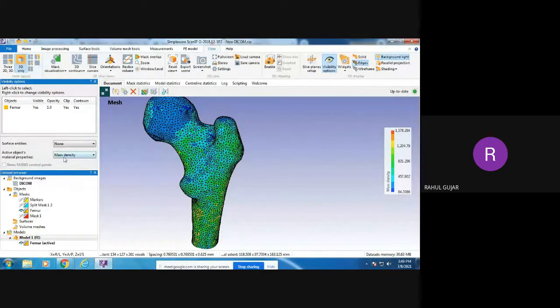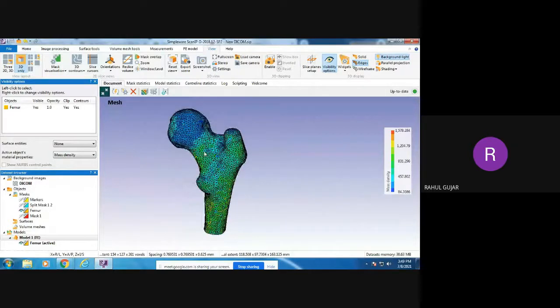Along with the mass density, you can also find out the Young modulus. The value of Young modulus will be calculated similar to the bone density. Another observation from this graph: you can see the blue colored area at this region, at the bottom of the mass density scale.